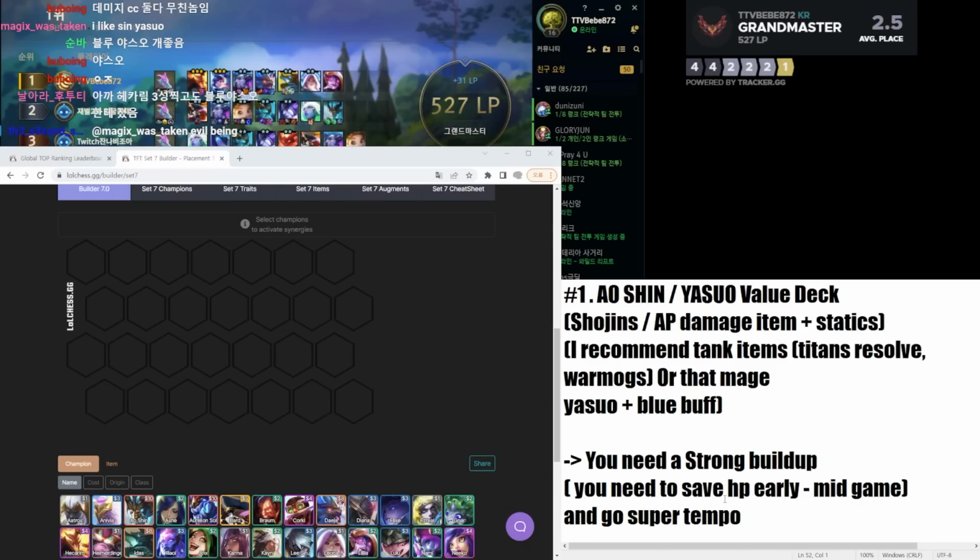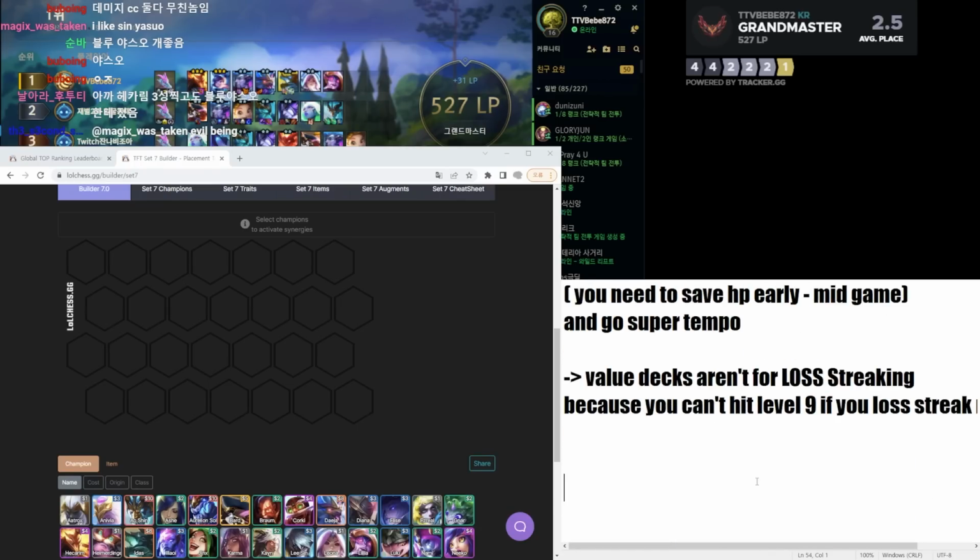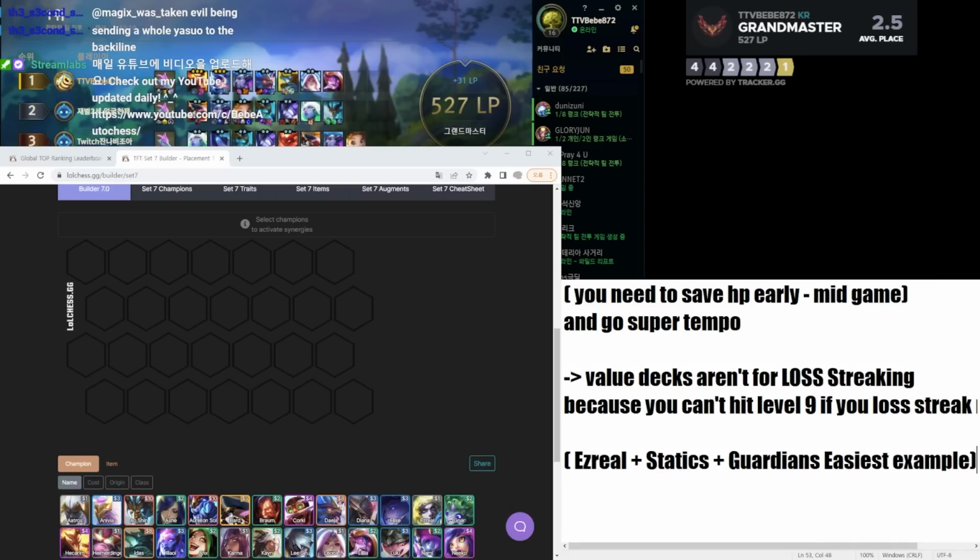But if you're in a situation where you can fight for a fairly strong early mid game, what would that be? That'd be stuff like Israel plus Statikk plus Guardians. This is the easiest example. If you have a startup like this, then you can just keep leveling up, keep on adding in more units, and use that to save as much economy and have a really strong board, so you're not gonna lose much HP either. And the biggest strength of this Israel start